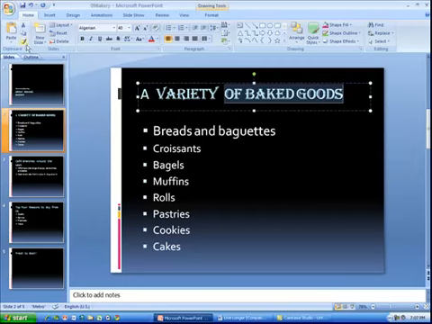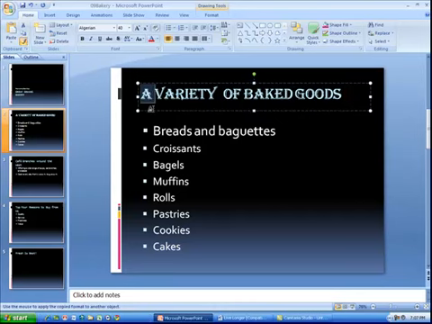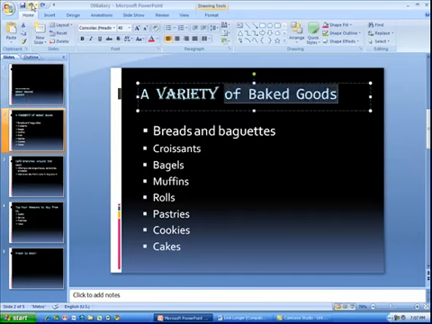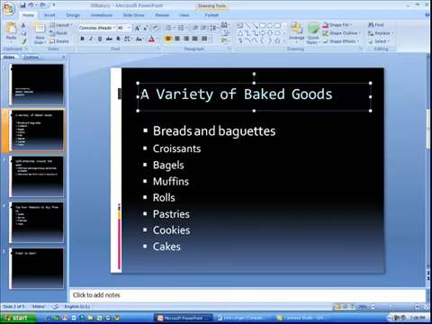Now if you double click on the format painter after you've taken your sample, you can keep painting several objects. You can keep going and going until you turn off your format painter. Probably a better feature in PowerPoint is your ability to change all of the headings throughout your presentation if you wanted to. So I'm going to undo and undo, go back to what the font was before,